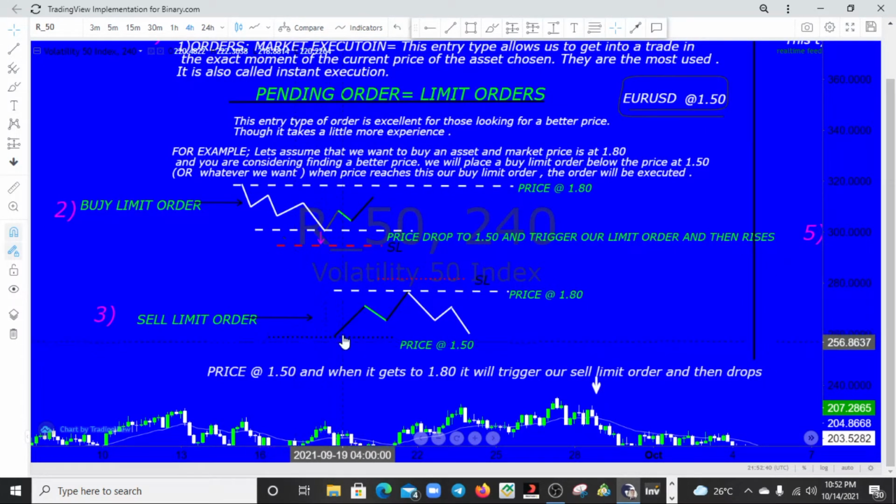Right, price is below and then price rises, and there's a certain place you're looking at, the price will get to 1.80, and before price gets to that point, you have already placed your pending order waiting for price to come in at that zone and trigger you into the market, and you are in the market right when price gets there, and the price drops from that point. So here also we have